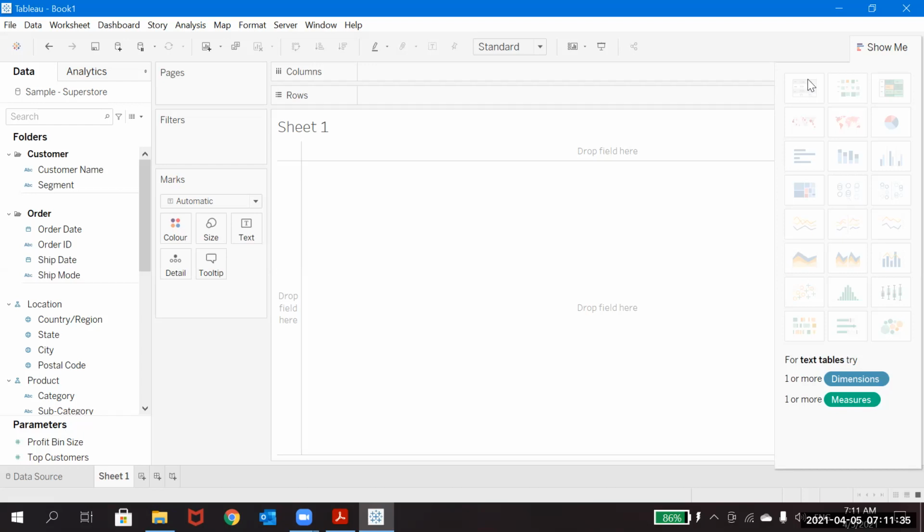Now the first chart we will go to is text tables. It says one or more dimensions and one or more measures. So let's take any dimension.